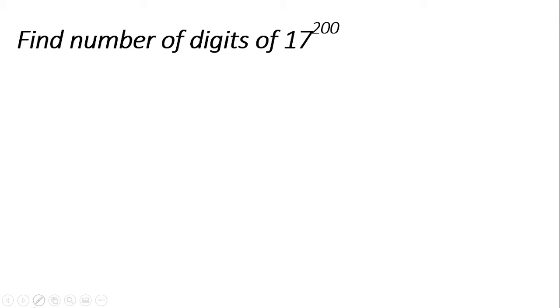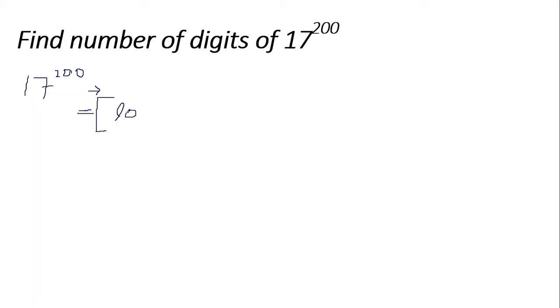Let's see. To find the number of digits of 17 to the power 200, we have to do one thing. What we have to do is find the greatest integer of the log of 17 to the power 200, and add 1 to it. So it will equal the number of digits of 17 to the power 200. See, number of digits of 17 to the power 200 equals the floor function of